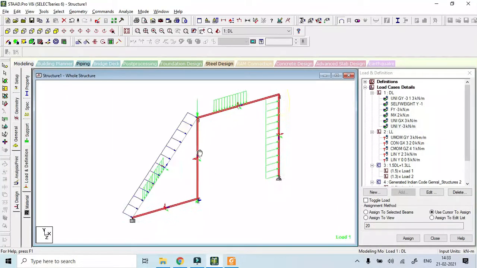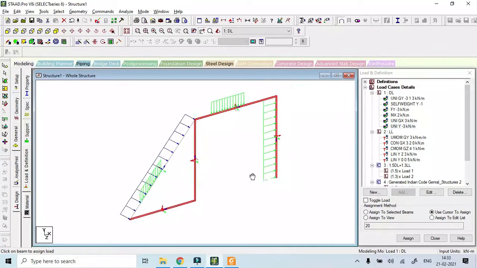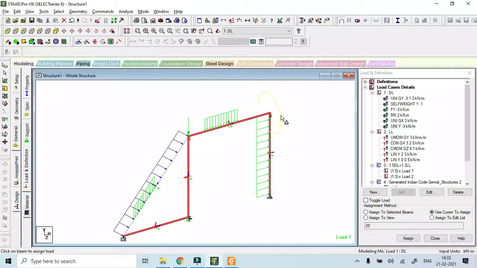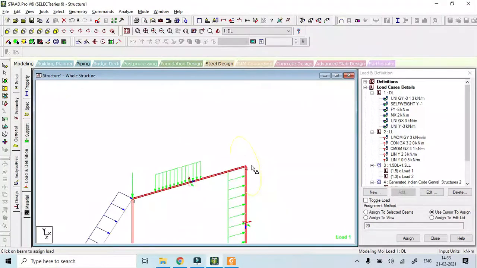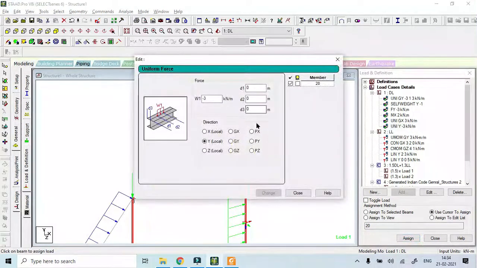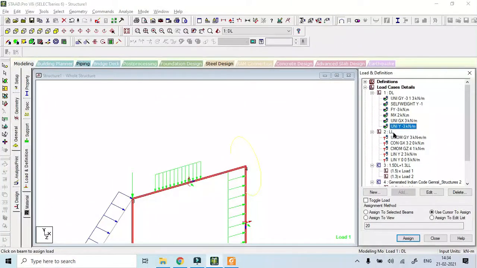Now this is the dead loads. I just gave you a sample of how the different loads are there. And I also told you the moments, moments in the x, y, and z directions. So whenever a plane structure is given to you, the moment will be in the global direction. For example, uniform gx,